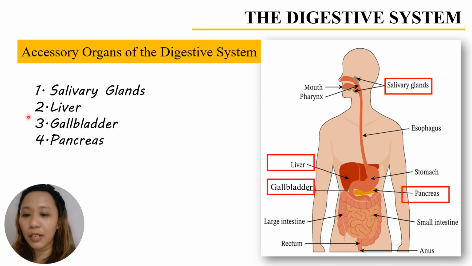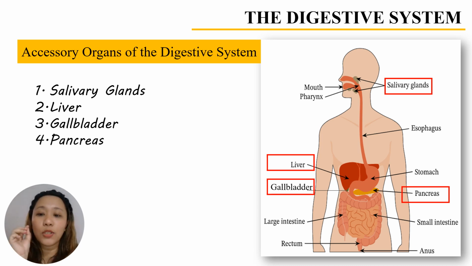Number 2 is the liver, which releases the bile. Okay, later mabalaan nyo kung anong bile. Number 3 is the gallbladder, which stores the bile. And number 4 is the pancreas. Ang pancreas nag-release ng iyang enzymes mismo. Pero sa babaw ng pancreas, may islets of Langerhans. Siya na iya nag-produce ng insulin nga nag-help man sa digestion.